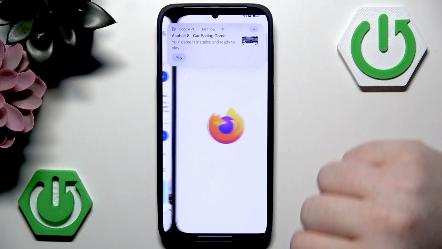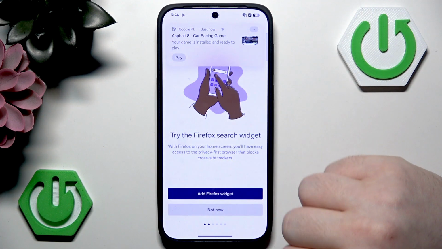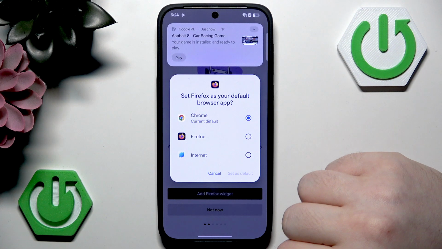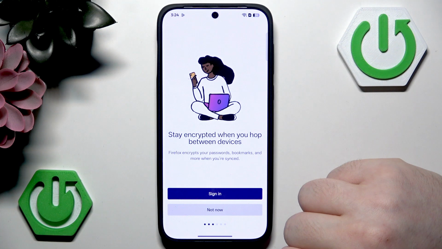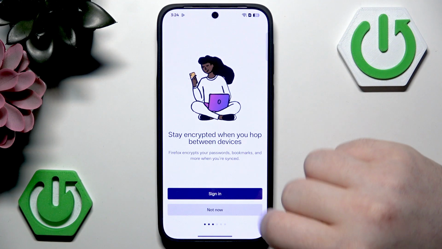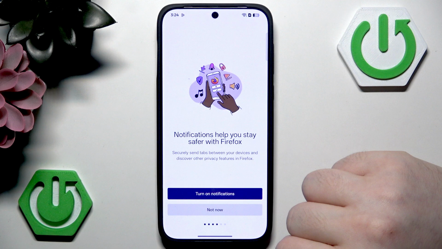Now you can click open and then click agree and continue, and here you can choose your default browser, or you can click cancel, and now you can add Firefox widget, or you can click not now. Here you can sign in to your Firefox account, or you can click not now, and you can turn on